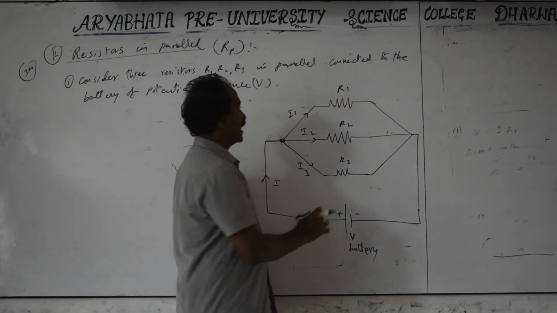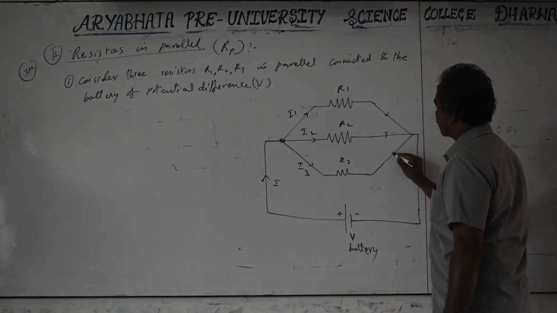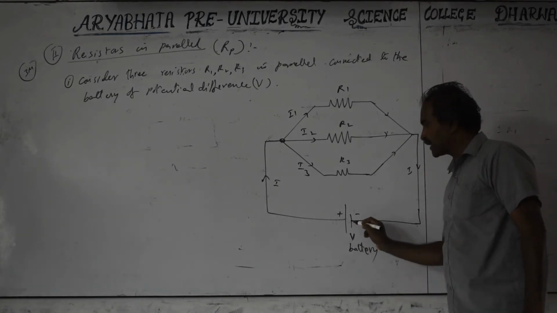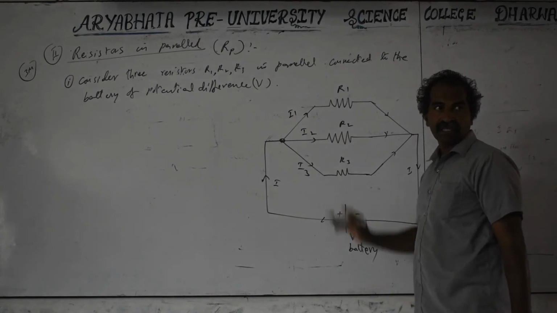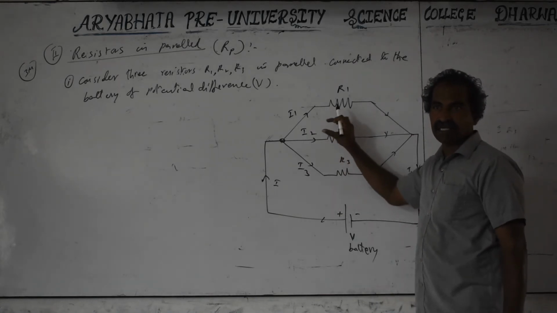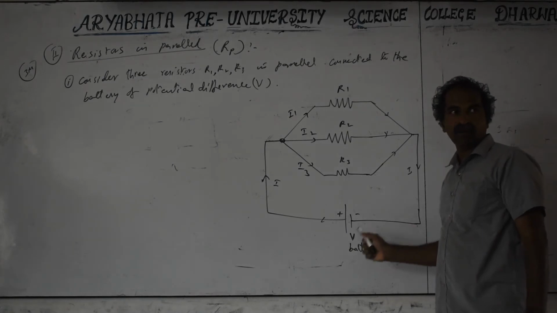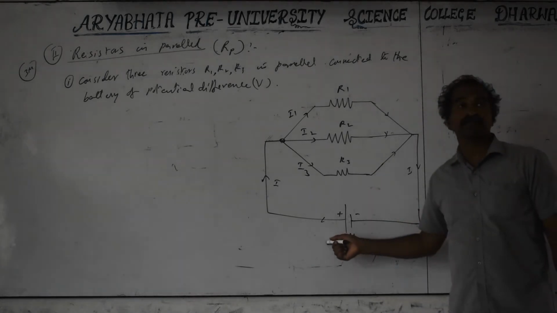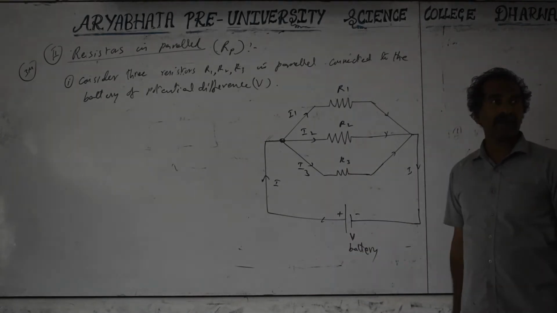Okay. And again this I1 comes here, and I2 comes here, I3 comes here. They join to produce the same current I. This is called the main current. These are called the branch currents. Each branch has its own resistance and branch current. The main current is through the battery cell. They may ask you to find out the main current, or they may ask you the current through the cell. That means that is the main current. Otherwise, we have the branch currents separately.